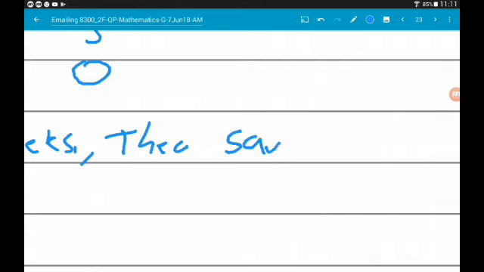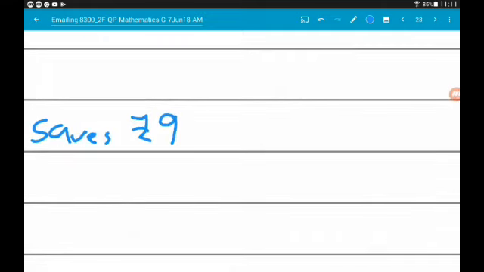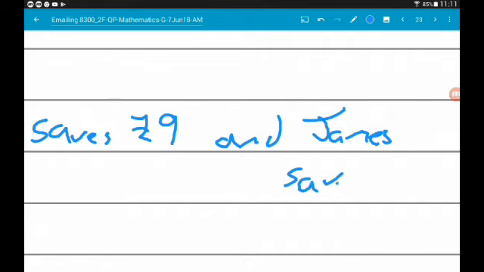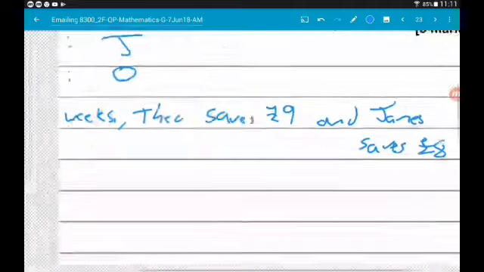Theo saves £9, and James saves 2 times 4, which is 8. Okay, so after 2 weeks,